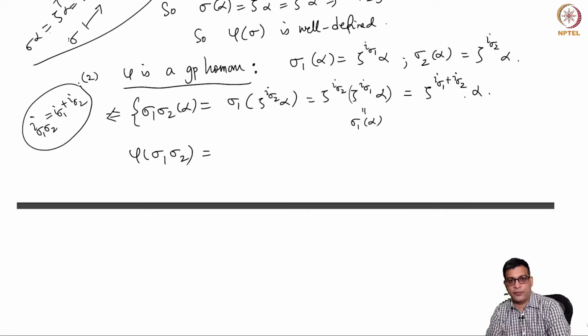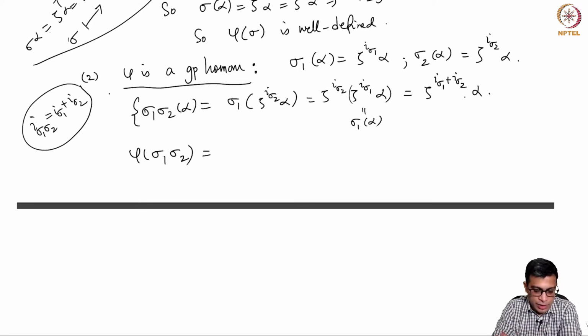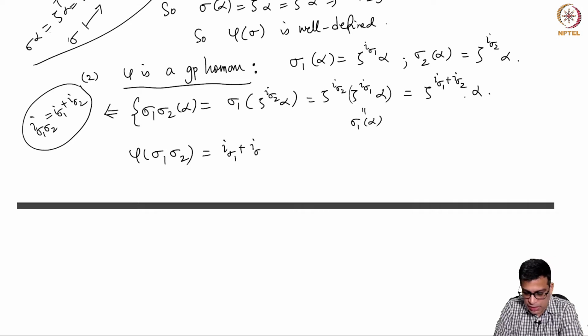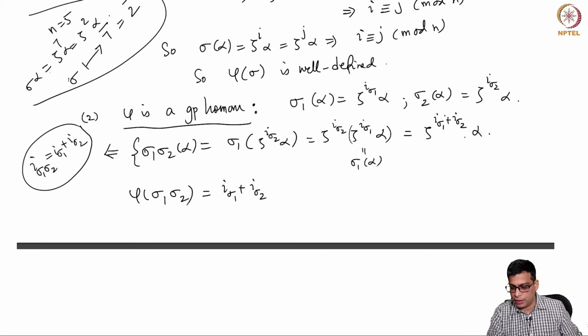Okay. So, maybe this is a bit confusing if you are seeing this for the first time, and I am going maybe a bit fast, but just pause the video. There is really nothing more than notation here. This is not Galois theory, this is just keeping track of the notation. So, phi of sigma 1 sigma 2 is, you look at the image of alpha under sigma 1 sigma 2, and look at the exponent of, because that is a root of x power n minus a, it must be a power of zeta times alpha, and that power is this. So, this is I sigma 1 plus I sigma 2, and by the well definedness I can take anything here, I mean any integer that has this property.